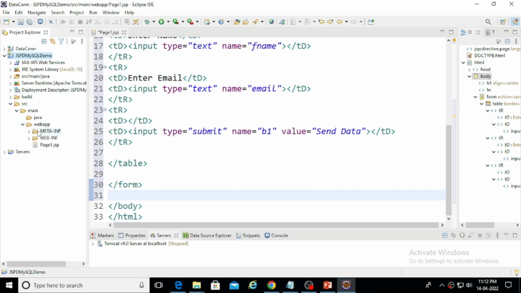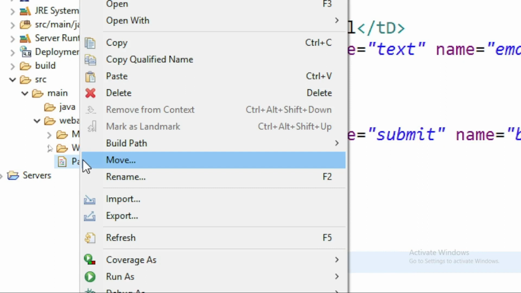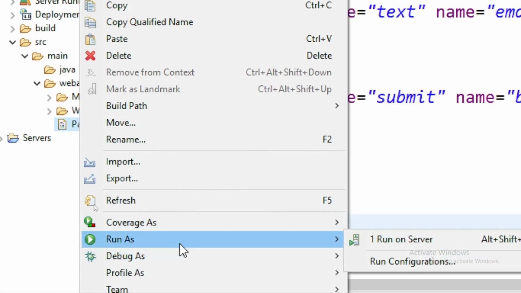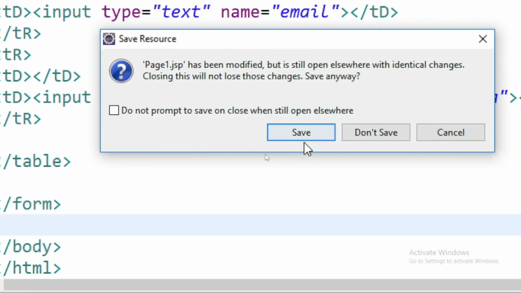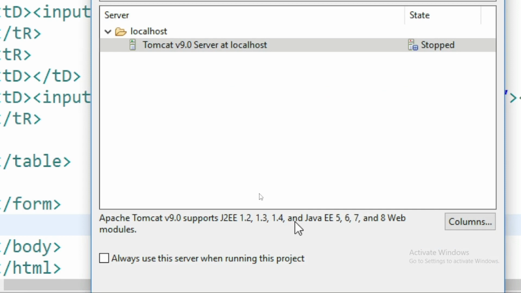I have expanded this web application, and I am right clicking on this page one and choosing this run as option and run on server option. So when I click on this run on server, it asks me for the save. So after I save this page,